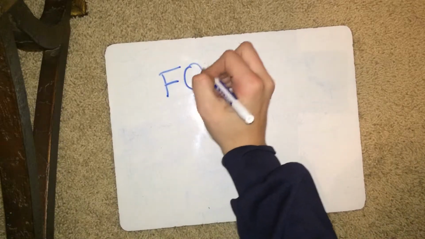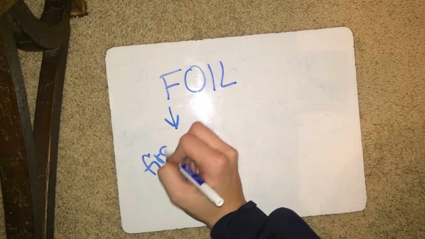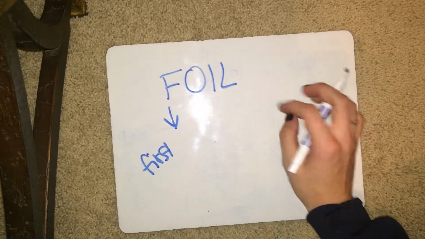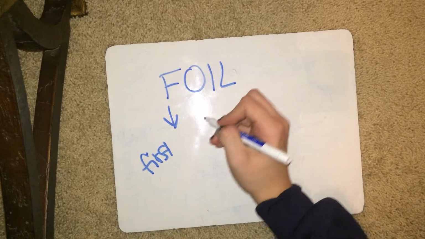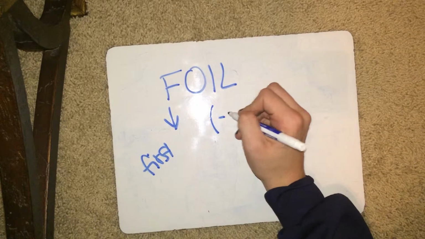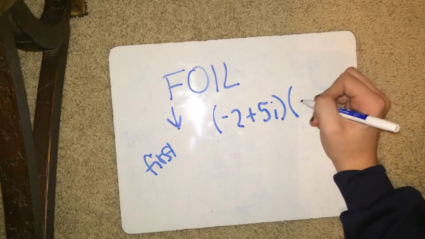Now, multiplying complex numbers. To multiply two complex numbers, use the distributive property or FOIL. The FOIL method is known as first, outer, inner, and last. And what this means is if you have the problem negative 2 plus 5i times negative